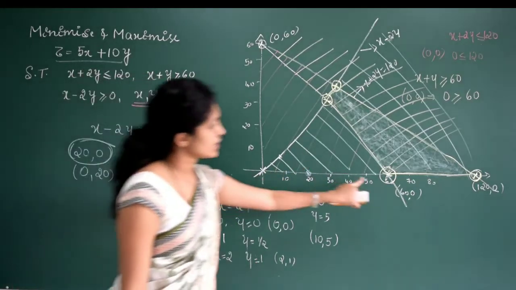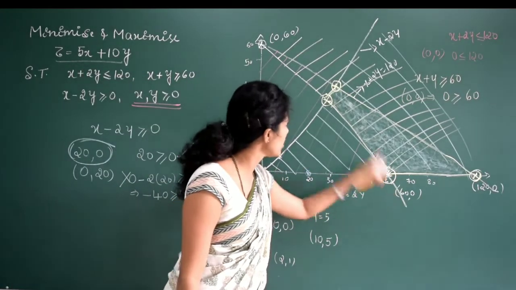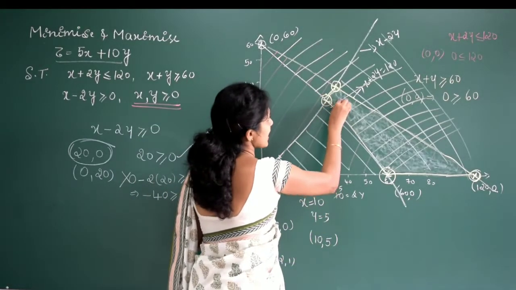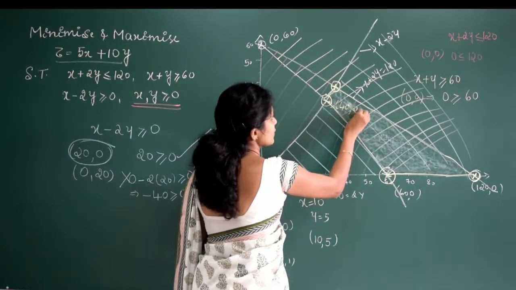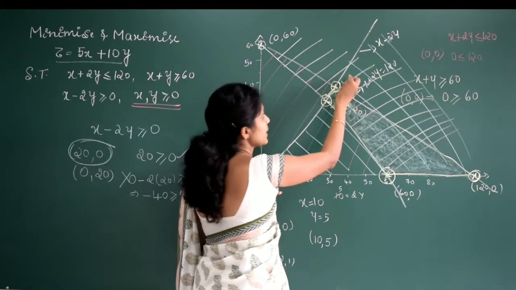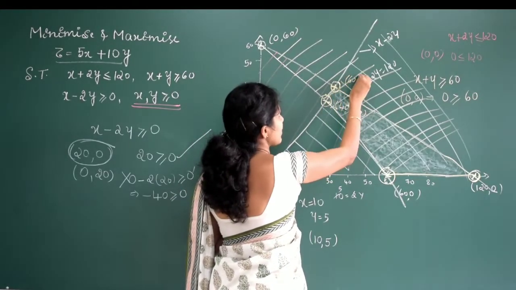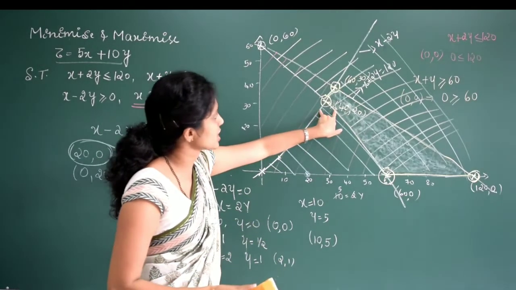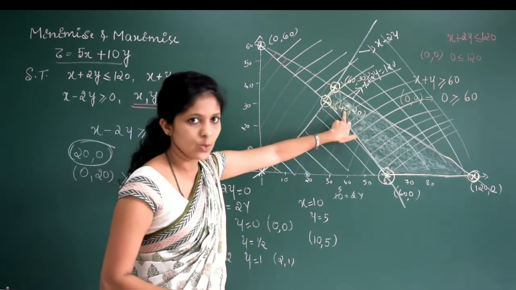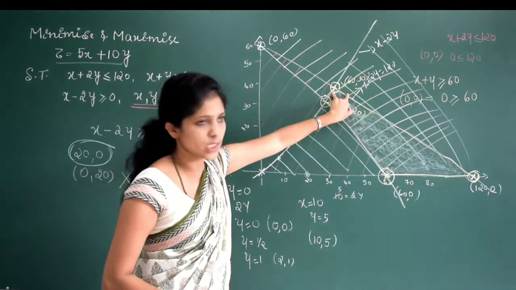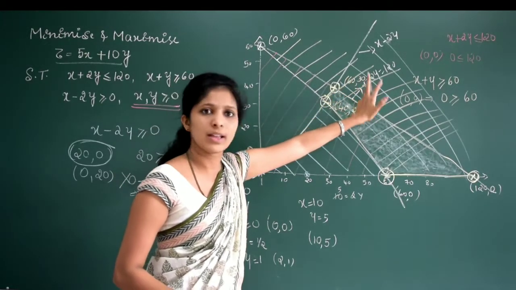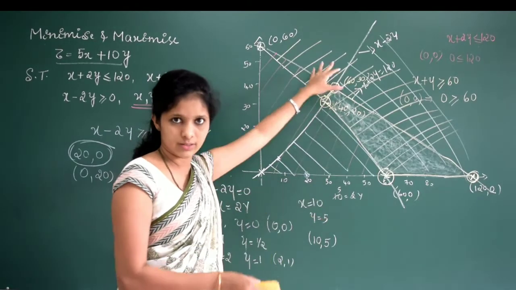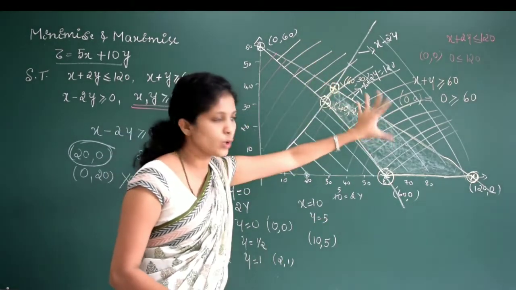Right? Can you say this point is 60, 0? Now checking your graph, this point will be x-axis 40 and y-axis 20, and this will be x-axis 60 and y-axis 30. No need to solve, or else you can solve this equation and this equation so that you will get this value, and solve this equation and this one, you will get the value of 60, 30. Actually, no need to do that. In your graph you can see and write the value. Now we have the 4 corner points.